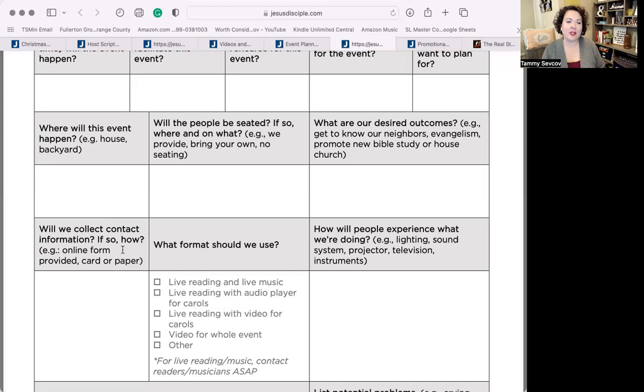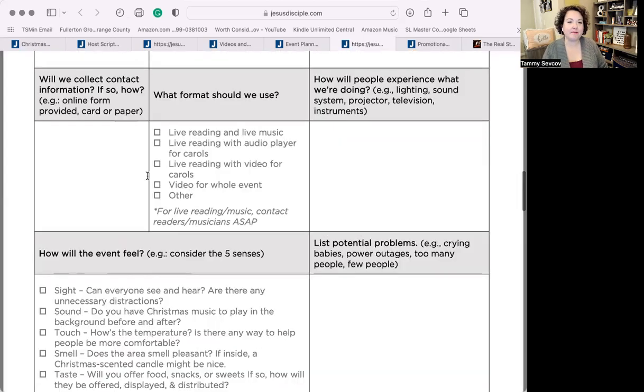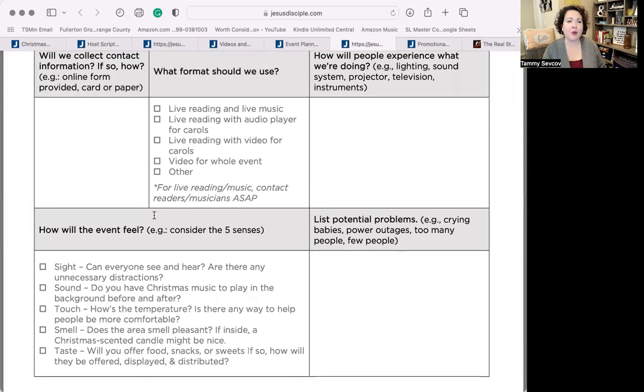And that's why we also want you to think about how you are going to receive that information. What format, if live or watched, or how you're going to do that, what kind of equipment we need, how will people engage with it, how will the event feel, right? Sight, sound, touch, something so simple, but smell. There's that term people have used in recent years called going nose blind. There's smells in our own houses we don't realize. I have a dog. I don't think it smells bad in my house, but someone brand new might think it does. So I might want to clean a little extra.